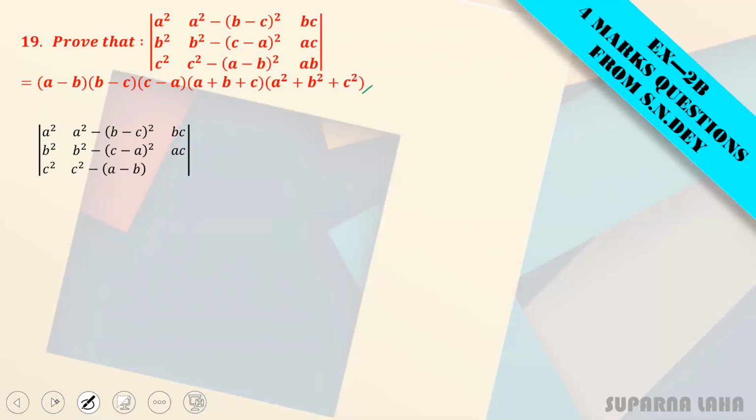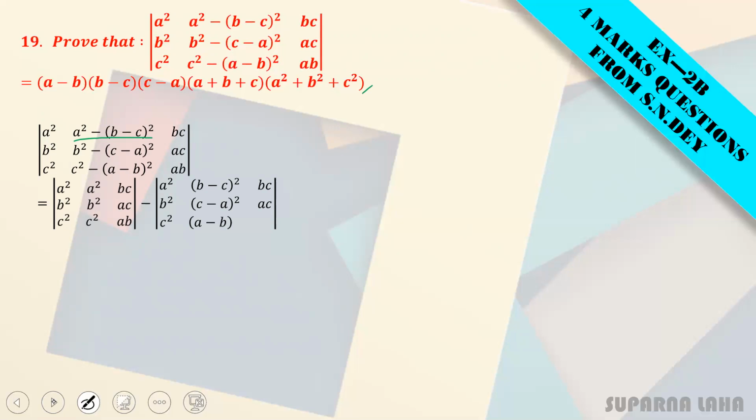Now look at this here, you can separate this into two determinants. This determinant you can write down as the addition of two determinants of the same order. So write it down first without applying any operation or anything. Just first make it small and then apply the operation. Now look at here. These two columns are identical, so we don't need to take this determinant. We will only operate on this determinant.